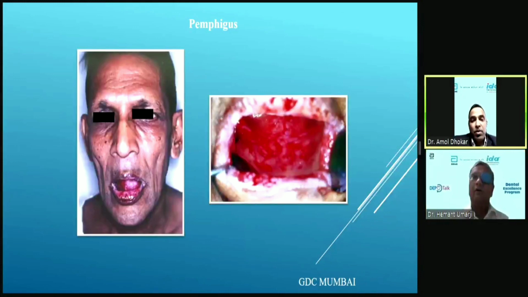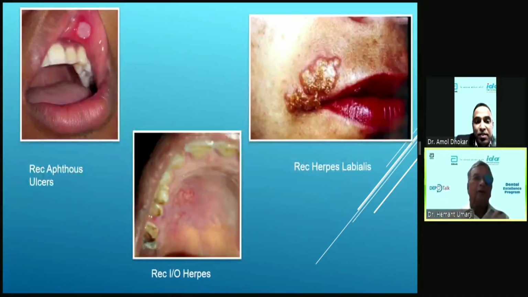Pemphigus, as I told you, so one condition is contagious and one is non-contagious in the earlier slide, right? The recurrent aphthous ulcer is not contagious, but the recurrent herpes labialis is, because it is outside. So while retracting the cheek or while examining the patient, you may inadvertently touch that lesion, and then you may get the infection in the nail bed, that is herpetic whitlow. Or while doing the scaling, because of the spray, it may go into your eye or your nose. Of course, now we are taking so much care that nothing can go wrong, but still, it's a part we must teach, that this is going to be a little dangerous.